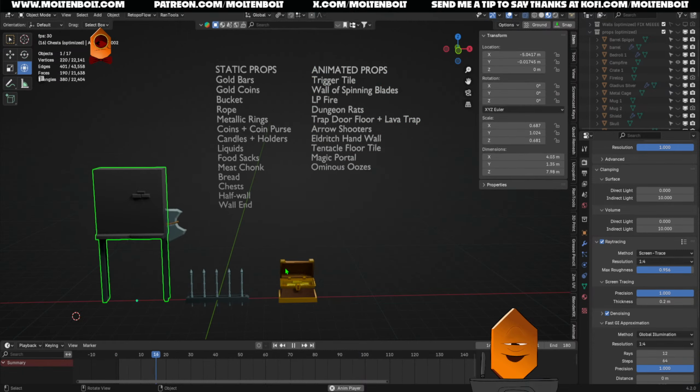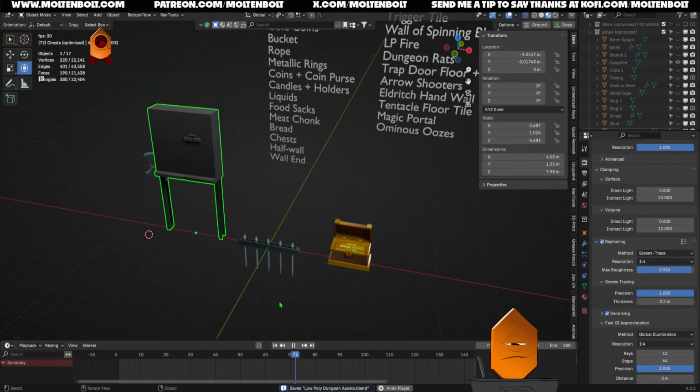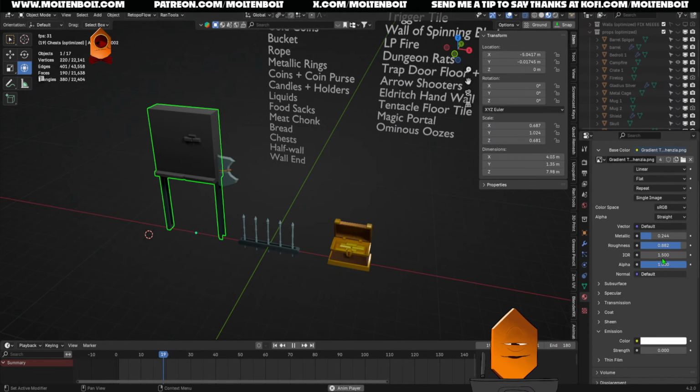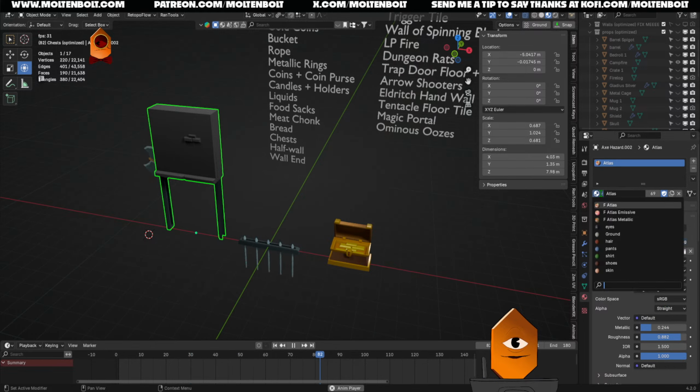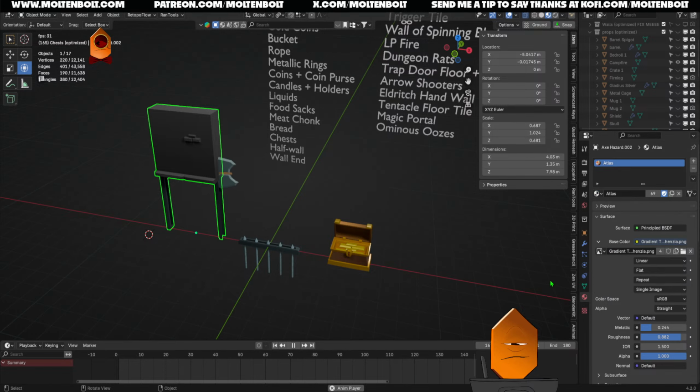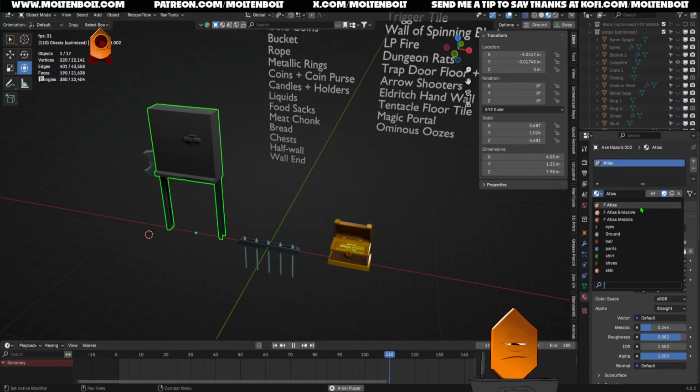So, one of the things I did, which I'm not sure, I think I'd like to keep it as an option when I release the pack. These are all from the character that was loaded in, so I'm not going to worry about them. But all of these that say Atlas share the same texture, the same image. One of them just has its emissive turned on, and one of them has metallic. So what I'm wondering is, should I